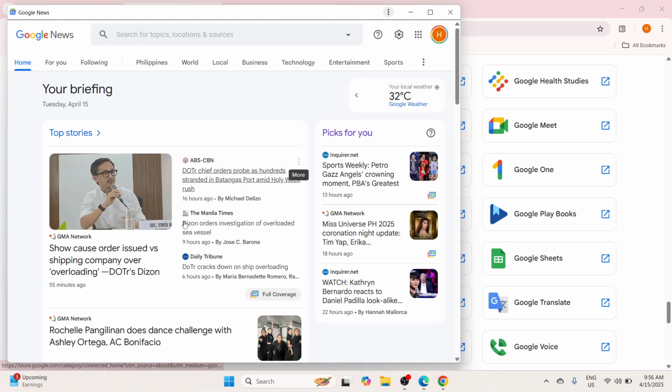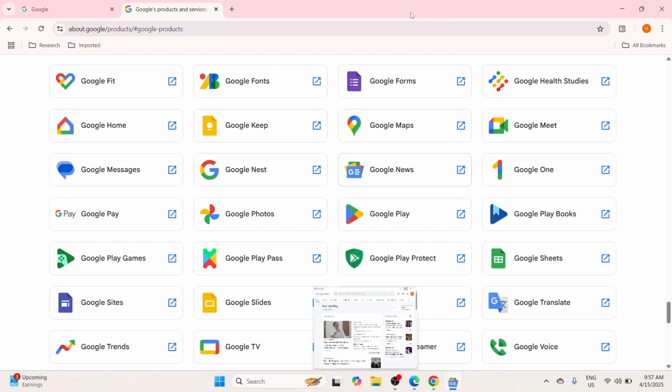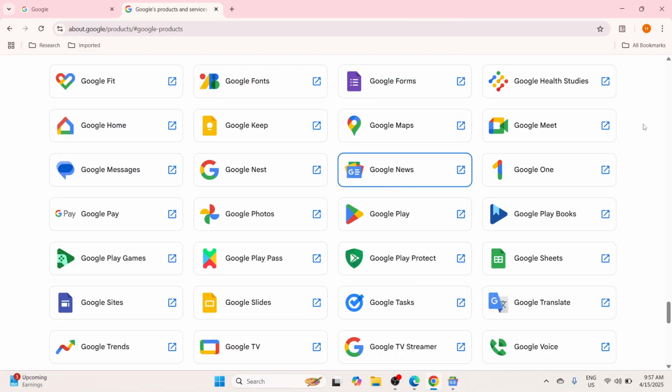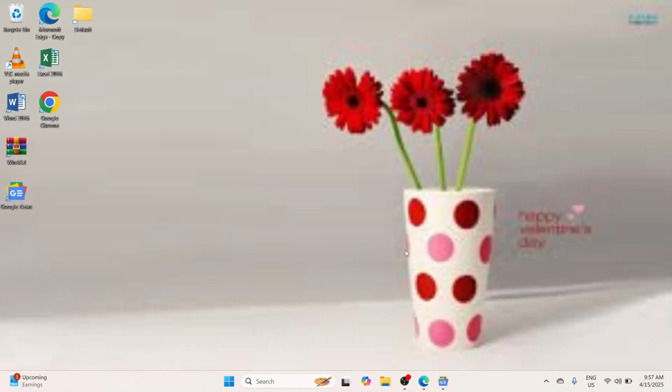So once this window appears, it means that we have successfully installed our Google News application. All you need to do is minimize or close the window as well as the Google Chrome browser. And if we check it here at the desktop or home screen, we can see that the Google News